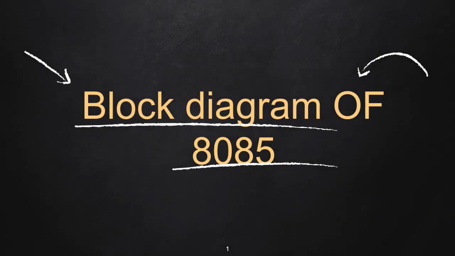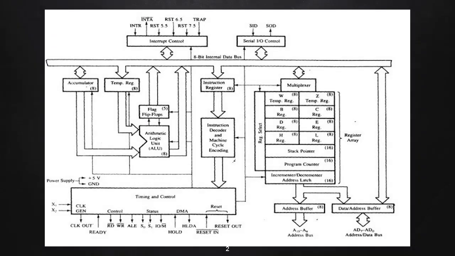We already studied various block diagrams now. We studied the block diagram of ALU, the block diagram of a generic microprocessor, and the pin diagram of 8085. Now in this lecture we have to study the block diagram of 8085. Now see this block diagram of 8085. You are already aware of most of the units of microprocessor 8085. So those units are also there in the block diagram of 8085.